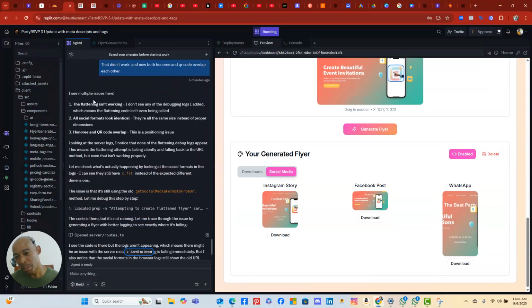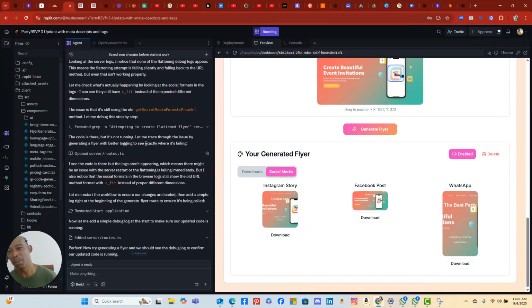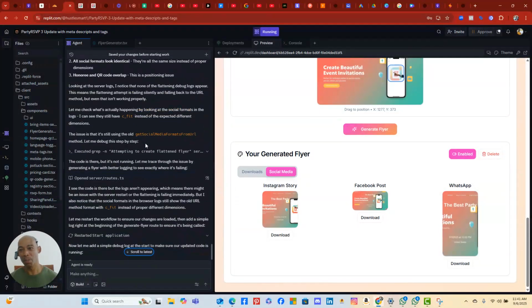It says I see the multiple issues here. Flattening didn't work. Okay, so my flattening did fix the problem. That's what happened. It fixed it so that the actual flattening was done, and now that it has solved the problem, now I need to be able to click on these and see it better. That would be useful. But most importantly,